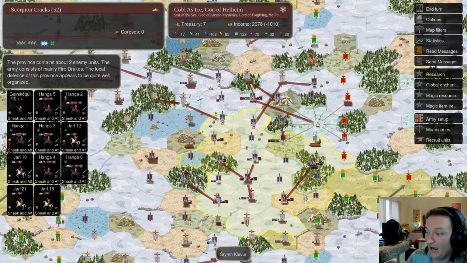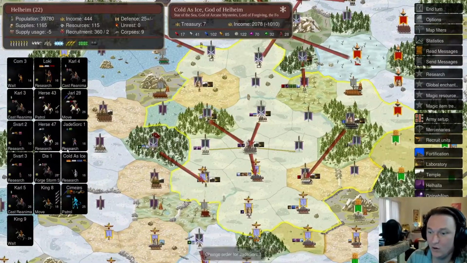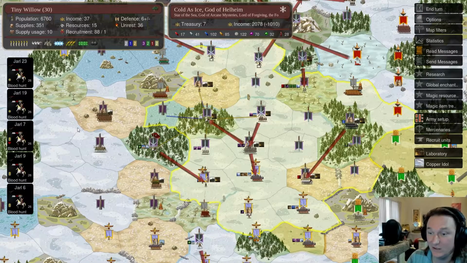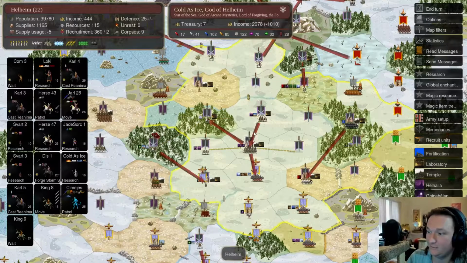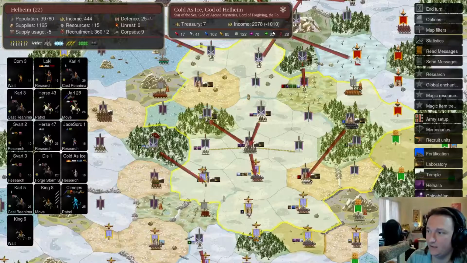So, that is pretty much it for the turn. There's not really much else happening. No big summons this turn because we don't have the Blood Slaves. We are continuing to Blood Hunt, but we don't have enough sacrifices to be able to summon anything this time around. So we'll continue that going forward. Also, we don't have enough nature gems. We could...